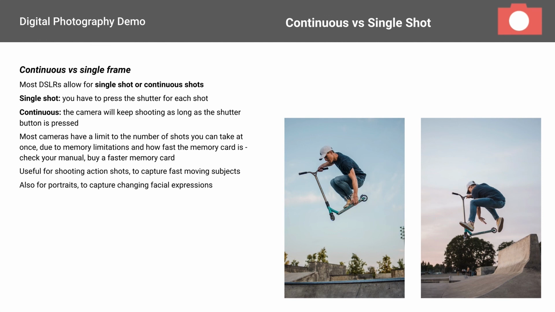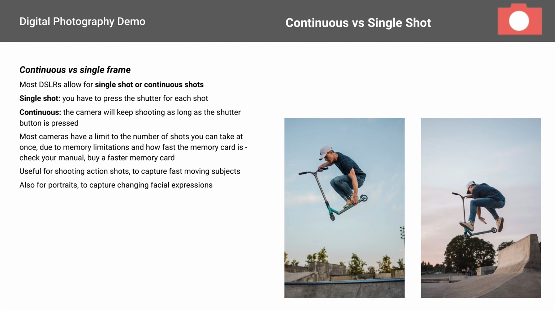If you're doing action photos, you'll also find that your DSLR will let you shoot a single shot or continuous shots. This is a setting that will be under your camera menus. Single shot, you have to press the shutter button for each shot. Continuous, what will happen is that the camera will keep shooting as long as the shutter button is pressed. Now, this will vary from camera to camera, and it will also vary depending on how fast your memory card is. But if you're trying to shoot something like these shots of the guy on the scooter,